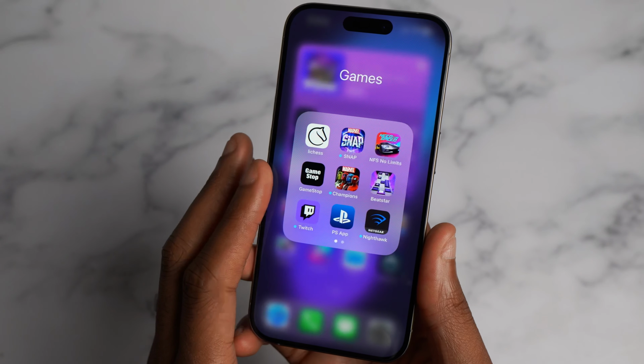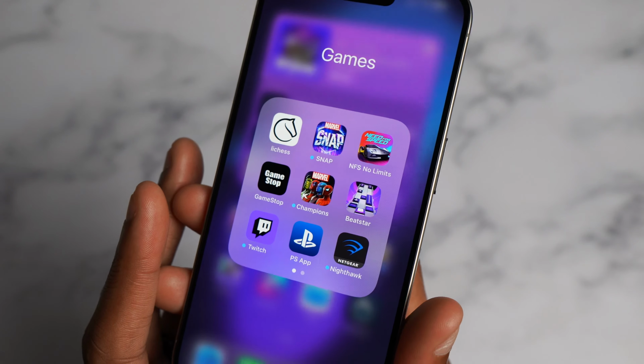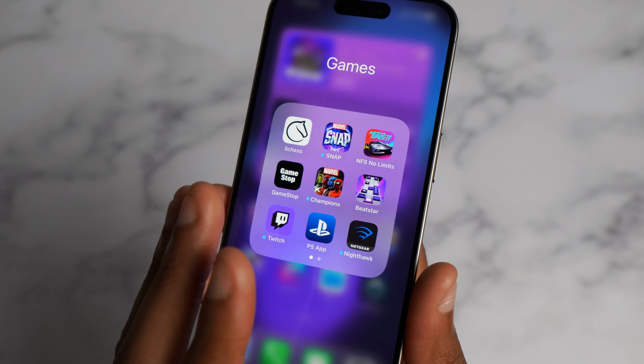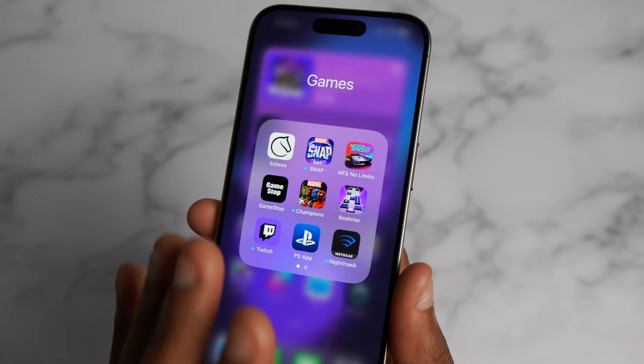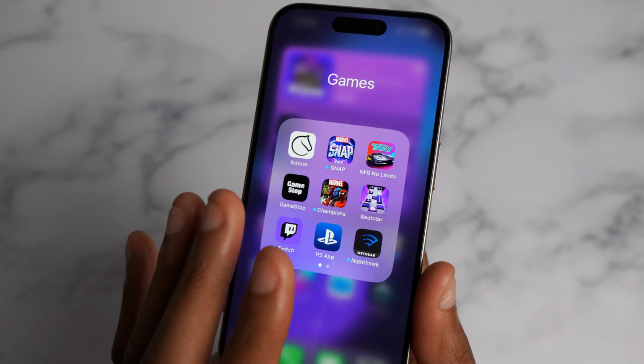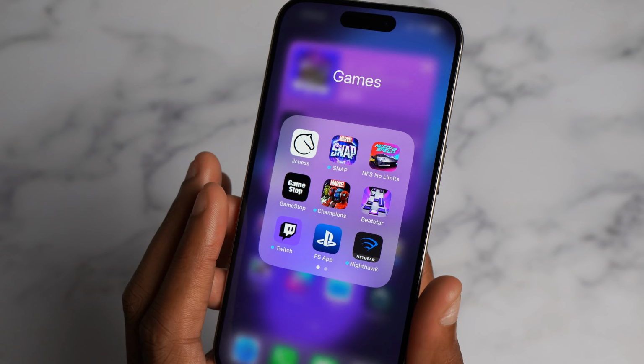And then my gaming folder, I have my chess app, of course, Marvel Snap. You got that Need for Speed that I rarely play, but it plays very smooth and very nice on the iPhone. And speaking of gaming, that A17 Pro, I've noticed it in terms of just no latency whatsoever playing